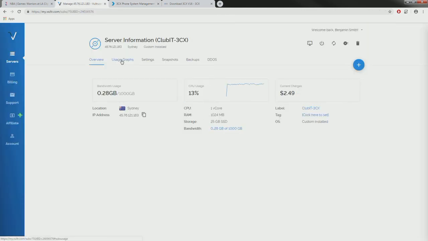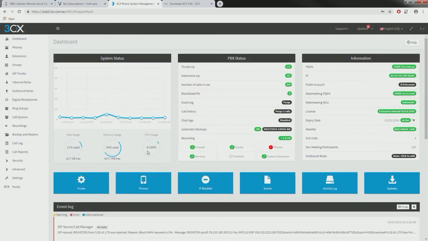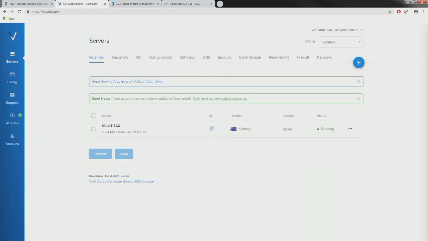And yeah, that's pretty much that. But it's really straightforward. There's nothing terribly complicated about it. Basically, upload your ISO, create your instance, finish the installation, and then you're up and running. So I hope that gives some insight into how to use the Vultr platform. If you have any questions or queries, feel free to comment below